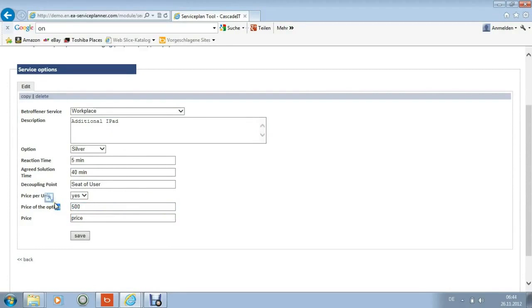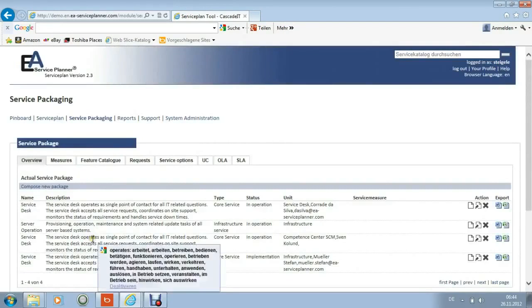So this is a single price, or a unit price, sorry. And the price itself would be 500. Okay? So here you can define